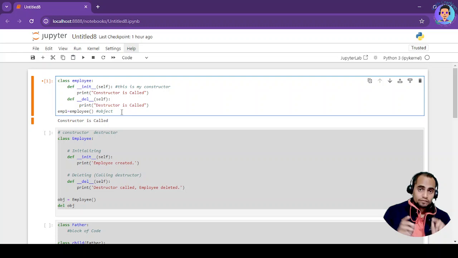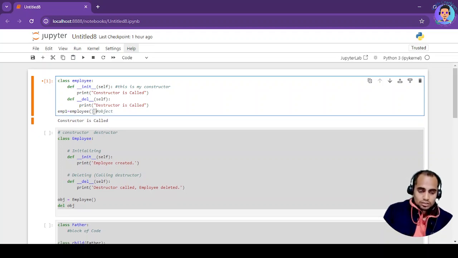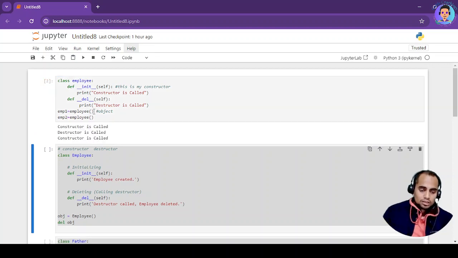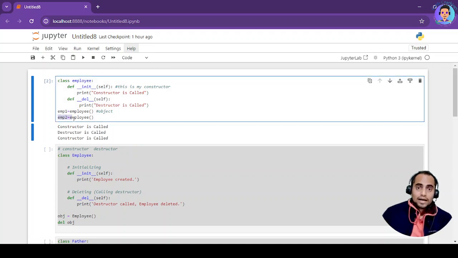This is an object of the class, emp1. Now if I create emp2, once I hit enter and create one more employee, it will show the constructor is called, and now destructor is also called. Why? Because I am using another variable.